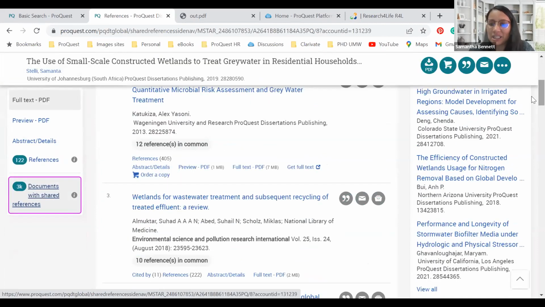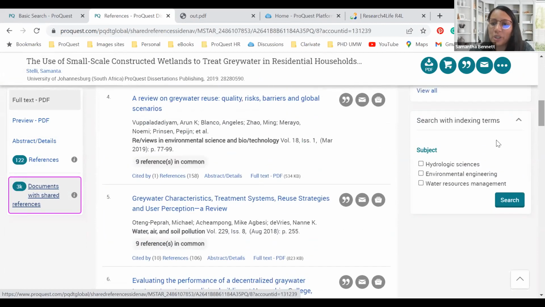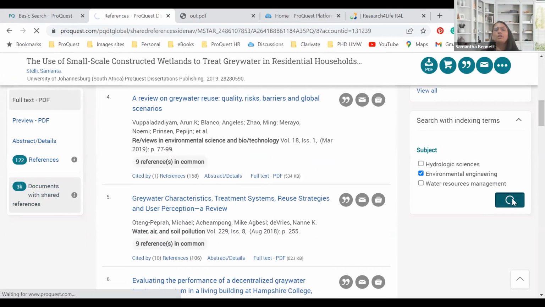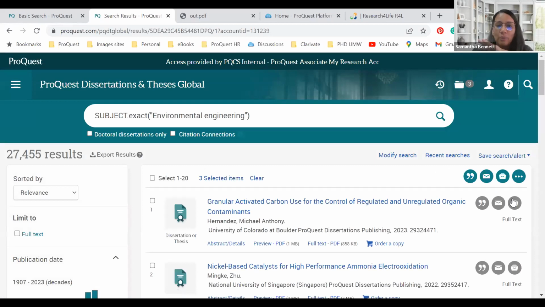There are suggestions on the right-hand side, and even some indexing terms which you can use, like hydrologic sciences or water resource management. You can select any of these from here and do the search, and you would be able to find your related information on the platform, straight from a subject as well.